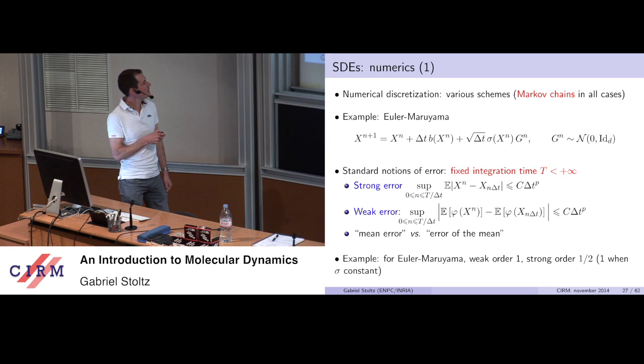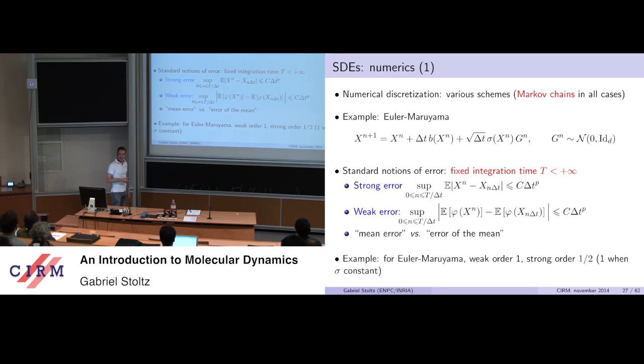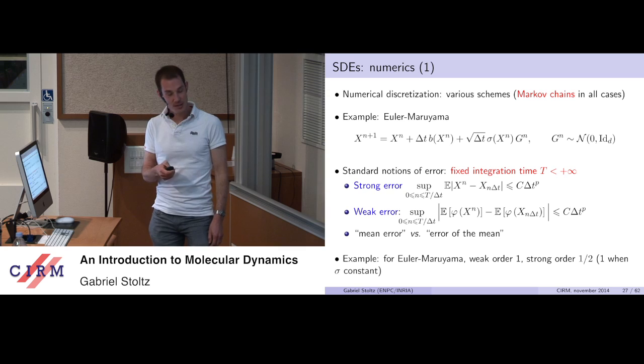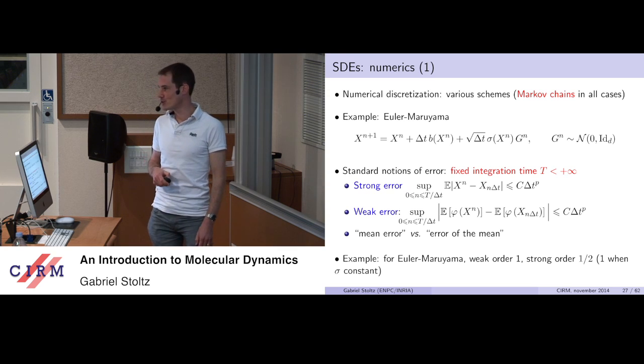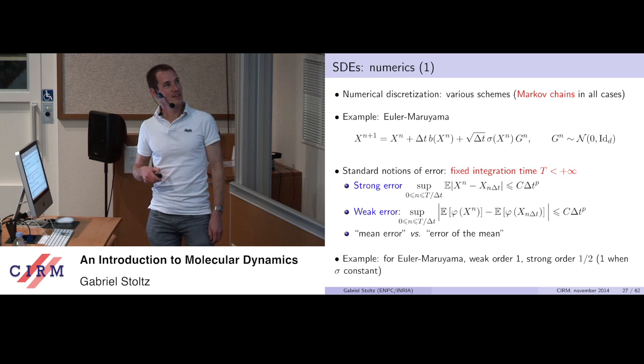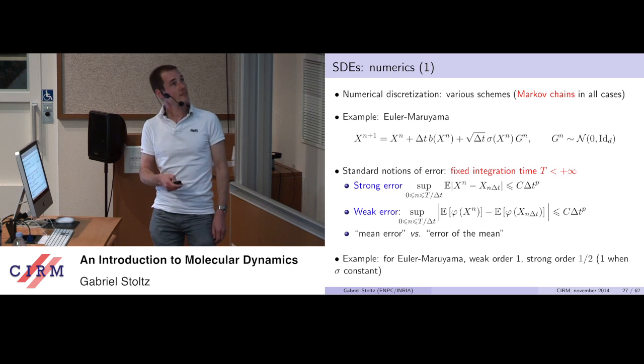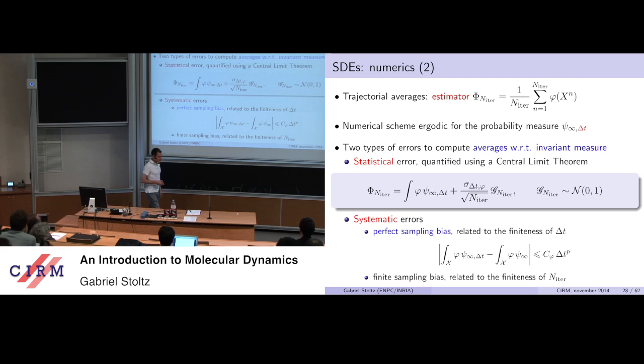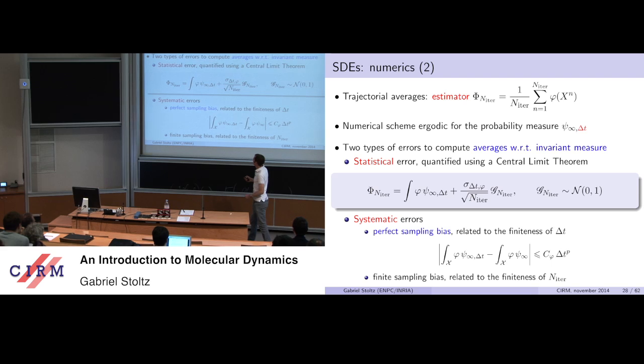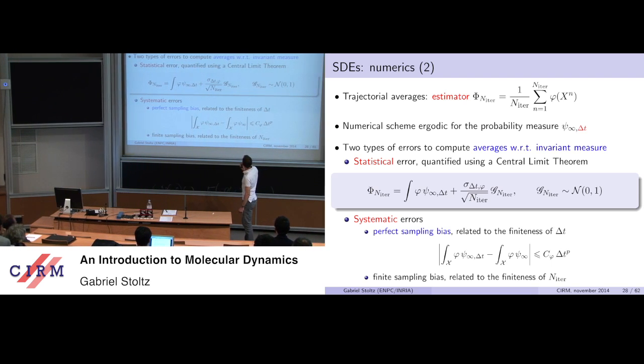In molecular simulation, we are more interested in average properties, so averages over many configurations, so it's rather weak error type results we want, except that we want to have them at infinite times because we are looking for averages over infinitely long trajectories. So in essence, it will be none of those two errors which will be relevant. But it's good to have those standard notions in mind. So for numerical simulation, as I've just told, I will not be using weak error nor strong errors, but rather errors over trajectorial averages.